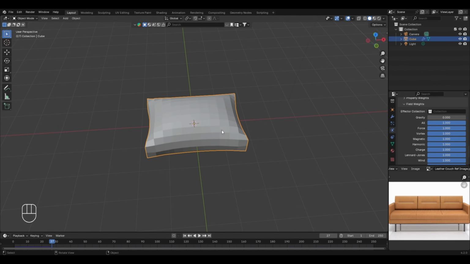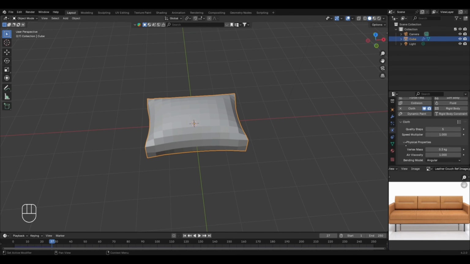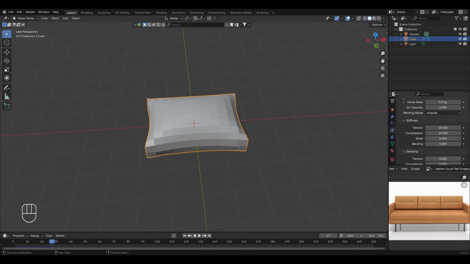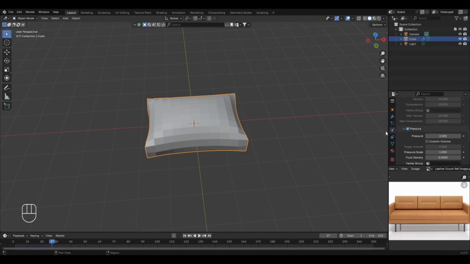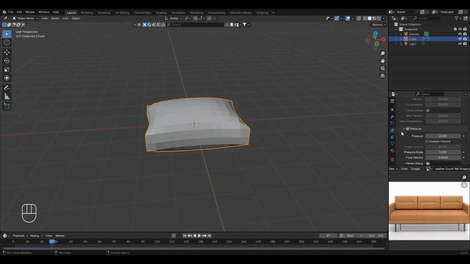See, this is the main point of this chapter that you should be understanding with complete focus. First of all, we used a cube object, then we increased its number of vertices because we needed to apply the cloth physics. Then in these settings, we enabled the pressure because we wanted our cube to convert into a pillow or a cushion-like object. So by using the pressure, we were able to apply a uniform pressure to the object or the mesh, and on playing the animation, we saw a simple simulation of the cloth physics where our cube turned into a pillow-like